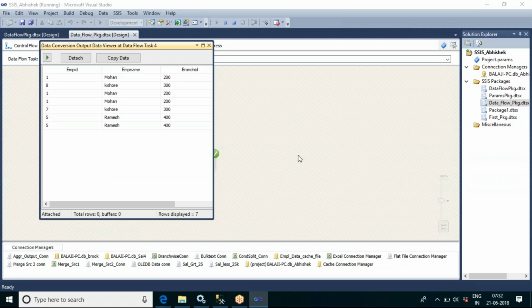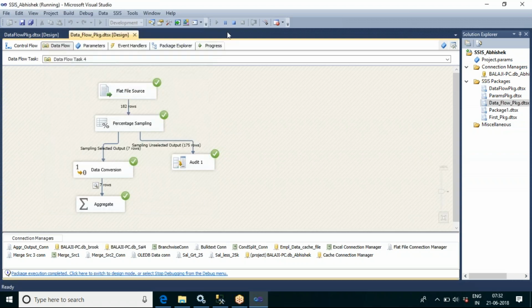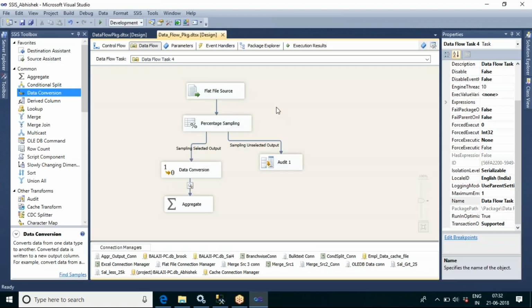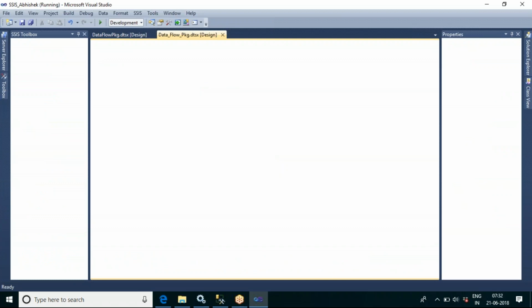Now you can see that it is giving us 7 records, 1811755. So every time from now onwards it will show the same set of data if you check the random seed checkbox.